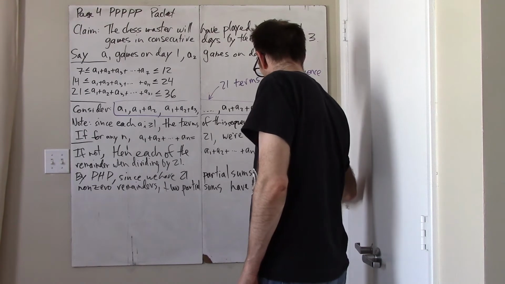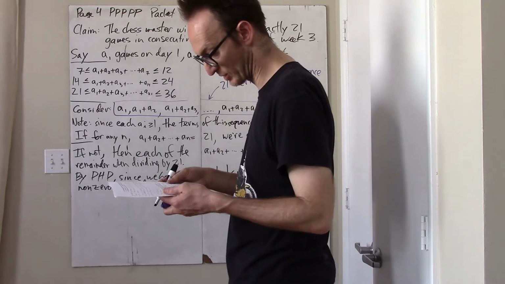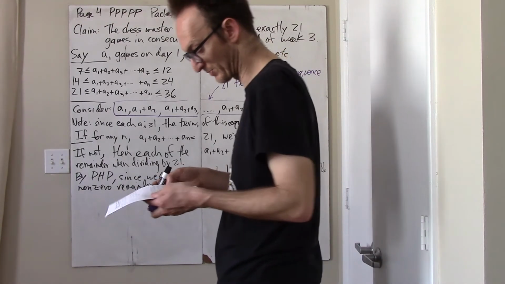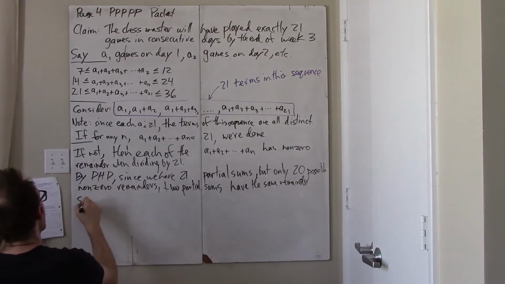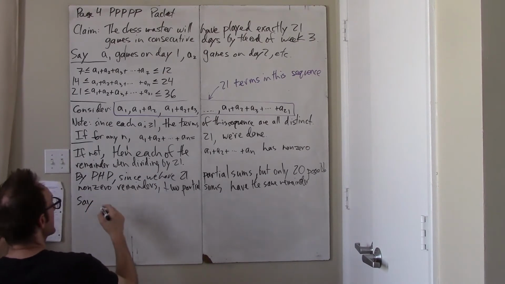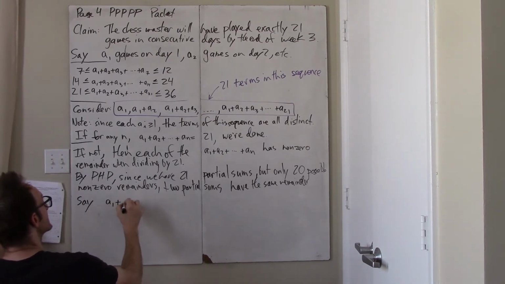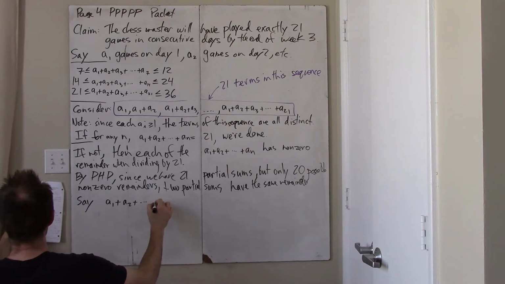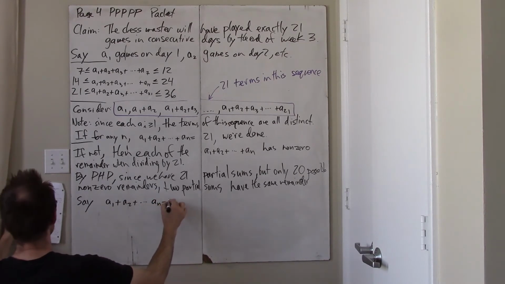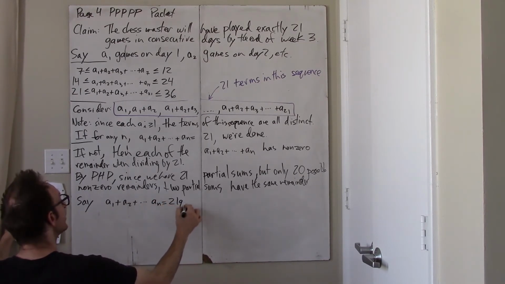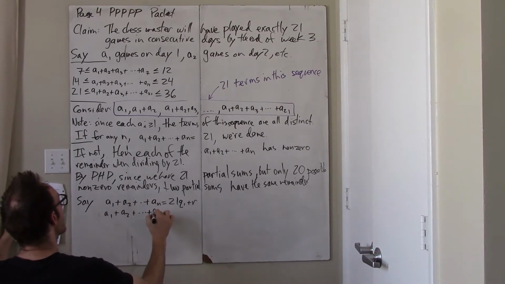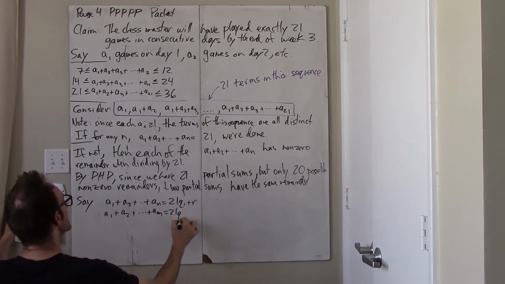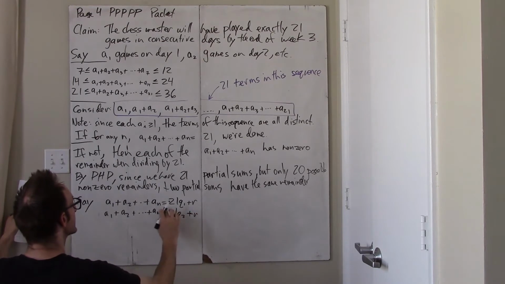Okay. Well, not following the notation of the previous problem, it must be the case that, for example, say for m and n, let it be that a1 plus a2 plus all the way up to an is 21 q1 plus r, and a1 plus a2 plus all the way to am is 21 q2 plus r. In other words,